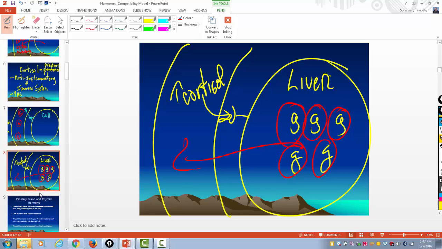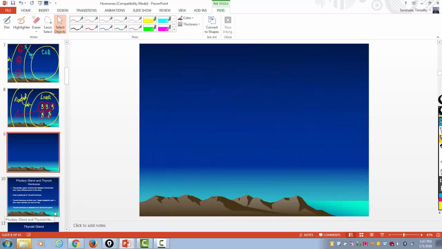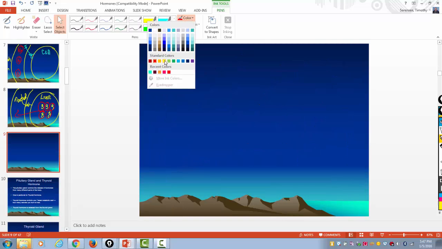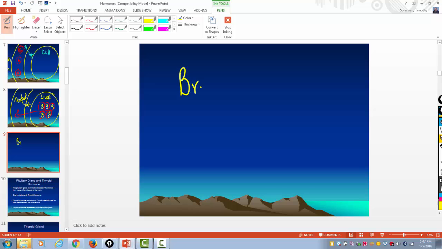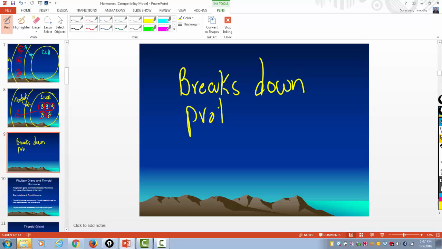The other thing that cortisol does is it breaks down protein. And it has a really great affinity for collagen. There you go. Collagen, the protein that is found in skin, connective tissue. And collagen is made of protein, and those proteins get broken down to